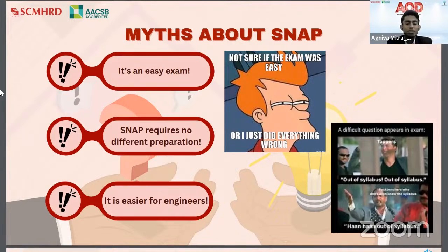Yeah. So generally the perception is such because engineers have a background in high level mathematics and will stay connected to mathematics throughout their engineering life. But the level of difficulty and the concepts that are there in the SNAP exam, they are there till class 10 level. So all of us are acquainted with all of the topics that come. Yes, maybe the application of those topics are a little bit different. But when it comes to the difficulty level, I don't think that engineers get a certain edge over non-engineers.